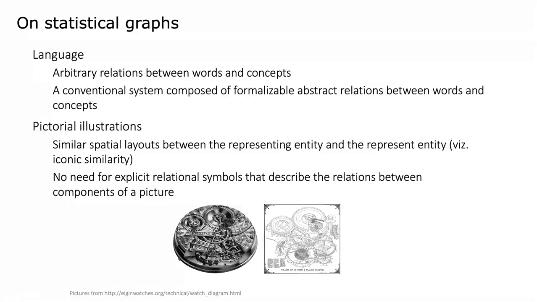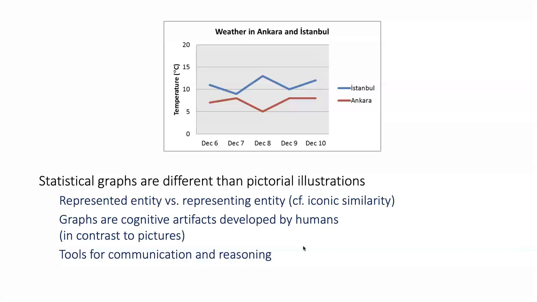Okay, so to sum up, we said that in pictorial illustrations, the basis is the similarity between spatial layouts of the representing entity and the represented entity. Here this is the representing entity, and this is the represented entity, which is represented by this figure. Well, but statistical graphs are different. If you think about what is represented in a statistical graph and what the representing entities are, life is more difficult. There is some abstraction here. For example,